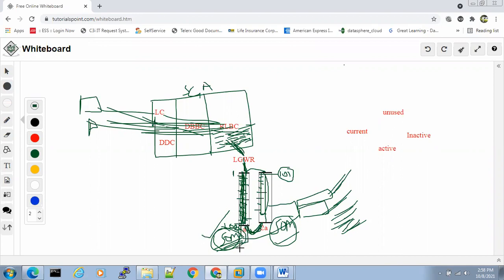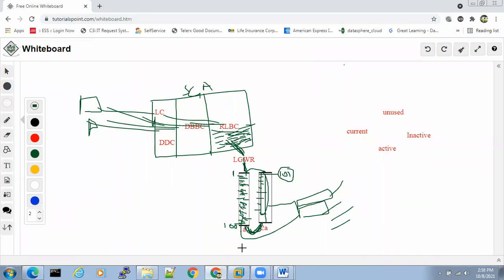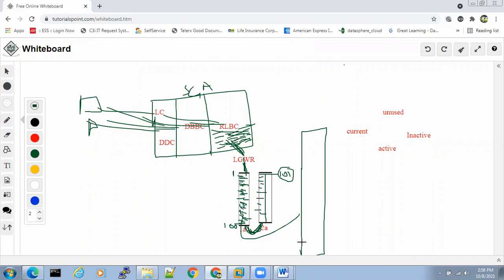But what is the solution? We can add another redo log group. What we can do at this point is add two more with 100 MB. Understand what I'm saying?